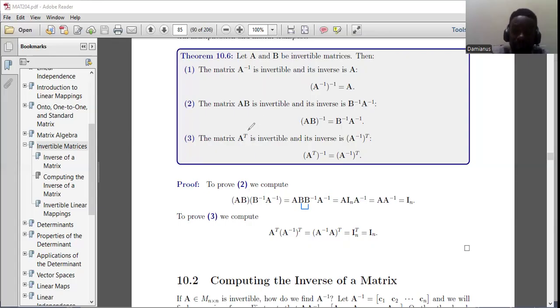Likewise, the inverse of A transpose is the transpose of A inverse. So how do you check that? We take A transpose times what we're calling its inverse. Something that appears in the notes: when you're talking about the transpose of matrices, you're talking about A transpose times the transpose of A inverse. You can pull out the transpose for the two matrices, and they change the order. If I have AB, transpose,